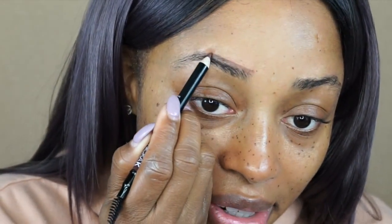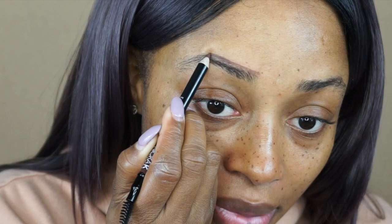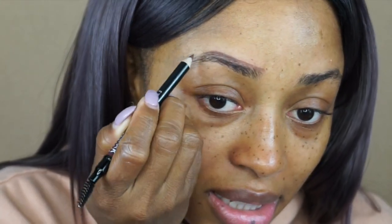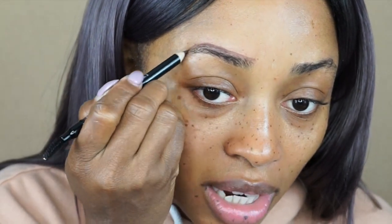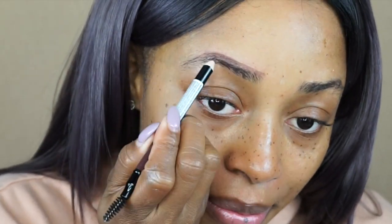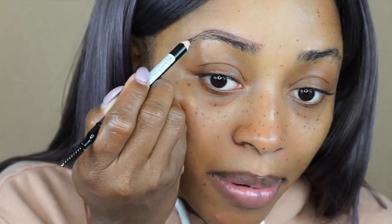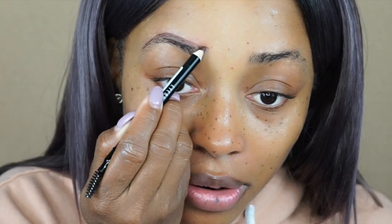I've been doing my eyebrows, that's like one of the first things I ever learned how to do, since like 2008, I want to say. That's when I really started getting into makeup. So almost 10 years. And the tip that I like to tell people that are just getting into makeup, or they want tips on how to make their eyebrows look really good,